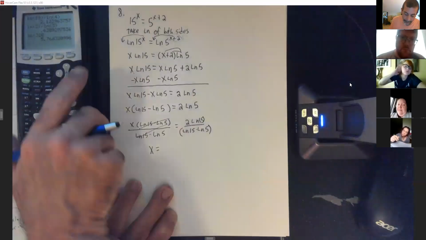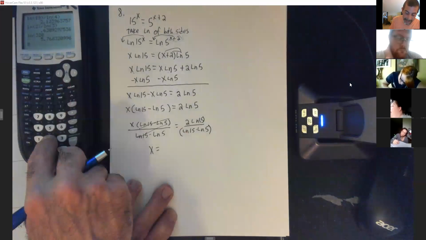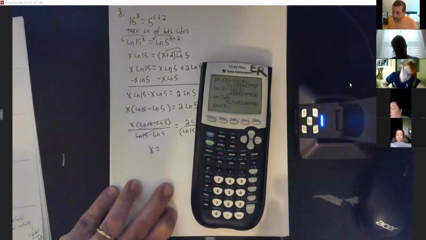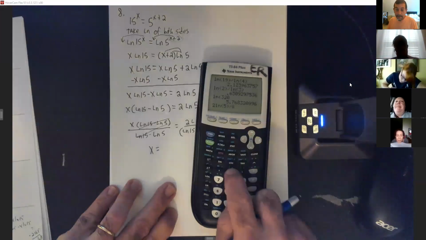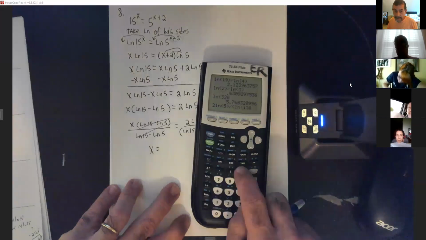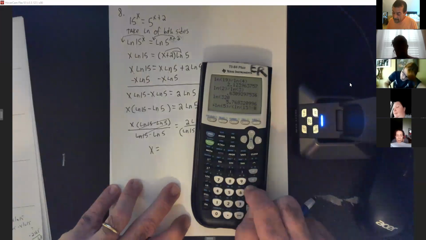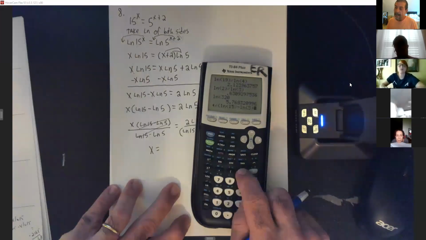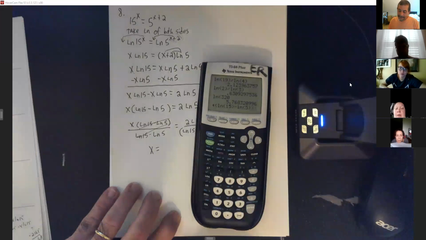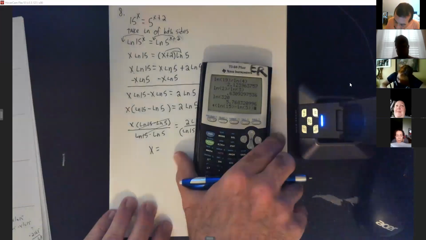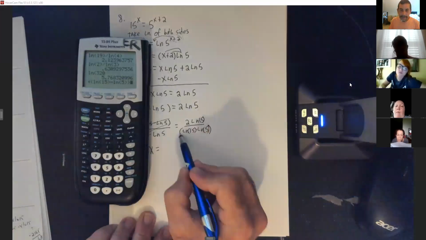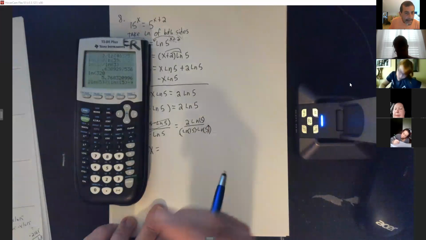So on the calculator, I'm going to do 2 ln 5, close those parentheses, divided by big parentheses, ln 15, close its little parentheses, minus ln 5, close its parentheses, and then close the main parentheses on the bottom. So everywhere you see parentheses is what you would do in the calculator for that, but you got to have the main big ones. So when we hit enter, we should get